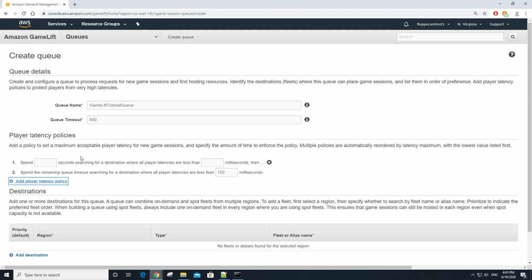Now we can add more player latency policies by clicking the button again. And notice how the policy that was originally there was bumped down. That is because the policies are applied and listed in ascending latency maximum order. So the second policy is a relaxed expansion on the first policy. So we can make this first policy spend 100 seconds searching for a destination where all player latencies are less than